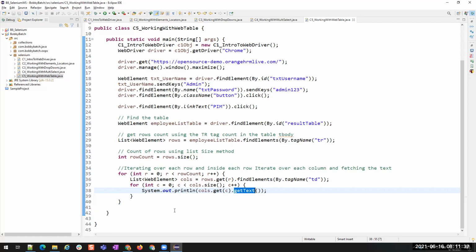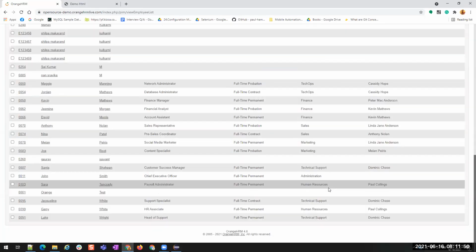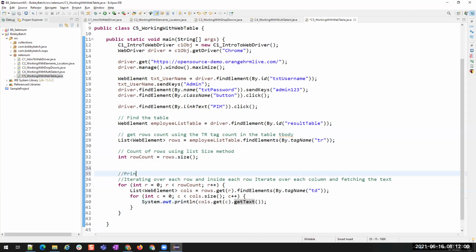Is that clear? Yes, Nikhil. Okay. Now let's see. If I run it, all the data which is present inside this table will be printed in our console. This operation or this code is to print all the data from the table. Okay.